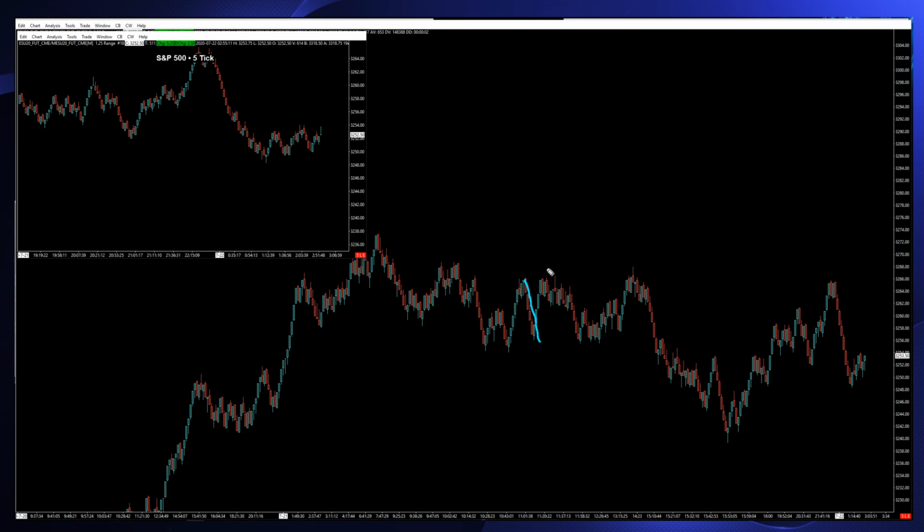So this is a nice impulse. Then we get a rejection candle, and then it's a trade over here. I think this one would have worked out as well. There are kind of a lot of pullbacks, right? This is clearly to the short side, but